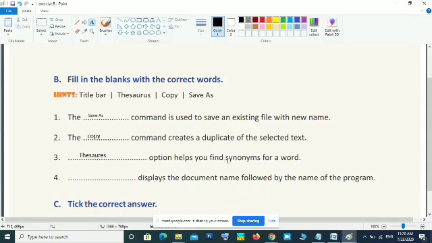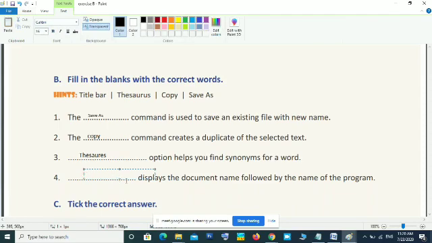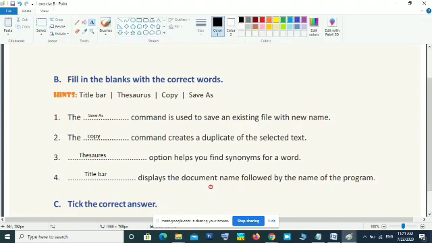Synonym means a similar word having the same meaning. The next one, dash displays the document name followed by the program name. Title bar. On the title bar you can see the program name and file name. So title bar.